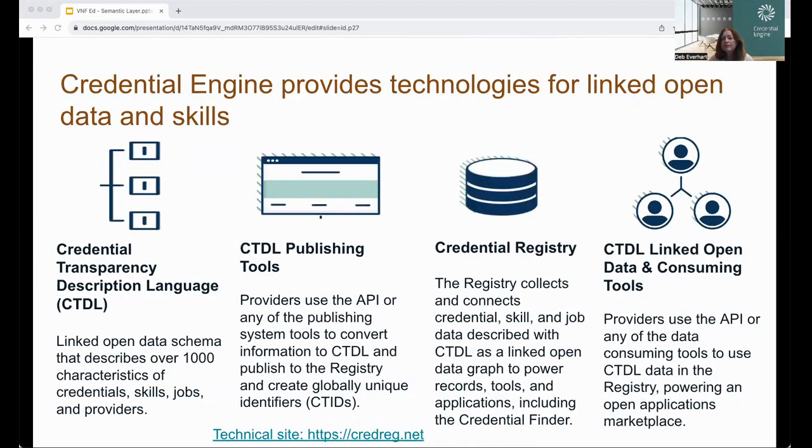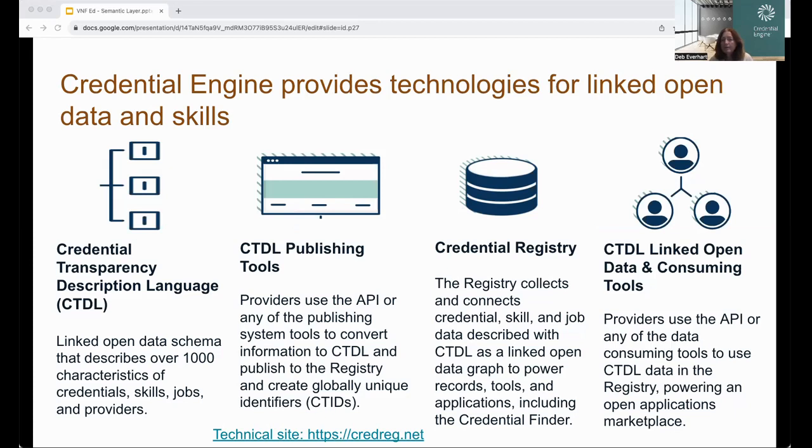Credential Engine's freely available technology components for credential and skill transparency help address these questions. Our openly licensed metadata schema, the CTDL, gives us all a common schema for defining over 1,000 characteristics of credentials, skills, and jobs. CTDL is human and machine readable, can be used by people and systems for understanding and comparing credentials based on characteristics like their cost, quality assurance, connections to other credentials, occupational alignment, skills, employment and earning outcomes,